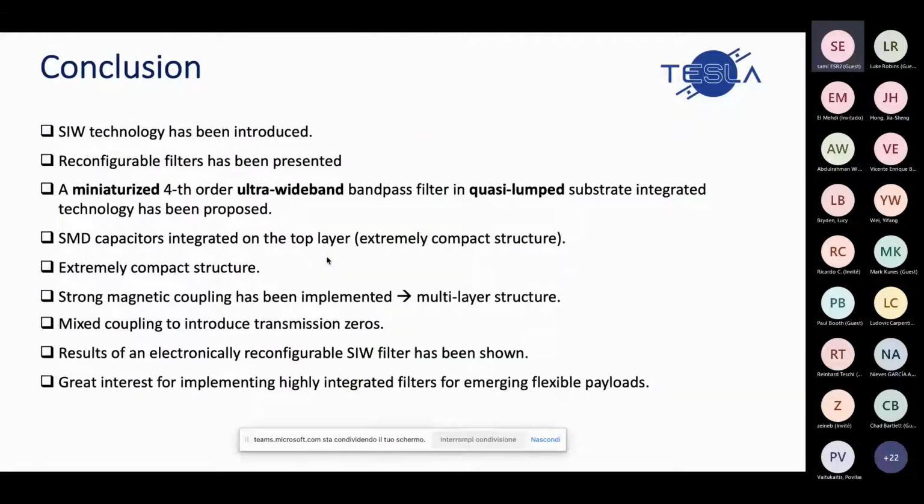So here the conclusion. I explained a SIW technology, the reconfigurable filters, one example of a miniaturized ultra-wideband filter using SMD capacitors, creating an extremely compact structure. We introduced mixed coupling to introduce a transmission zero, and also one example of an electronically reconfigurable filter that still has to be polished, so that's why I didn't